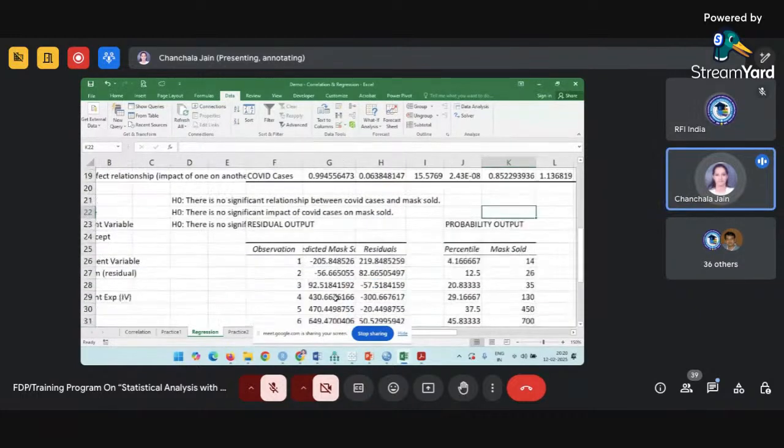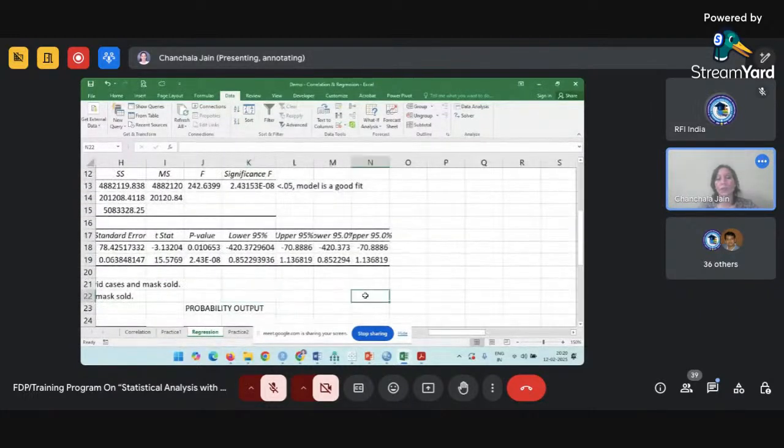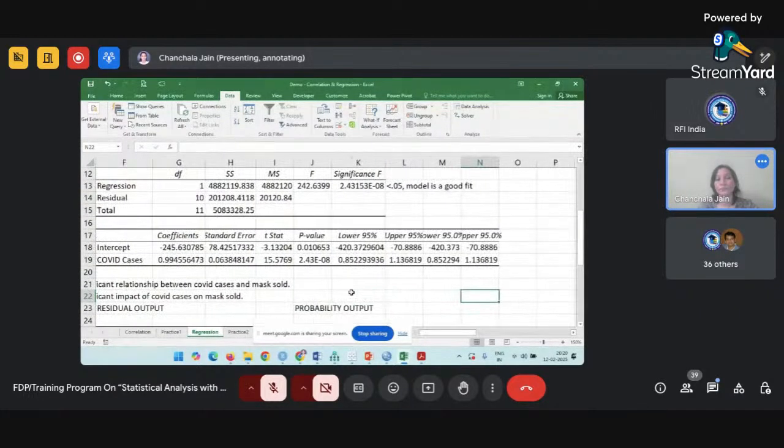So I think now we can make a regression equation. So I'll write the equation here. I can write mass sold is equals to minus 245.63 plus 0.99 multiplied by